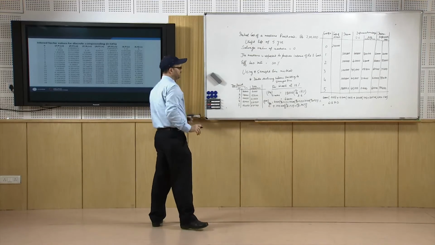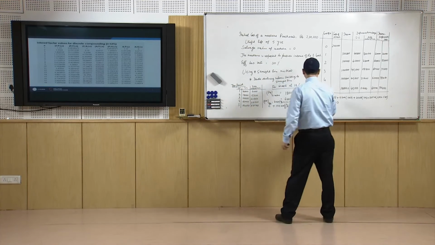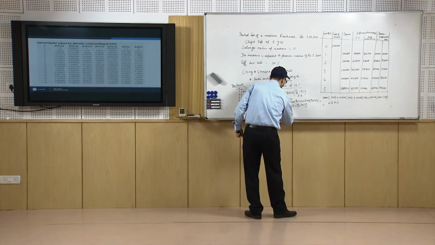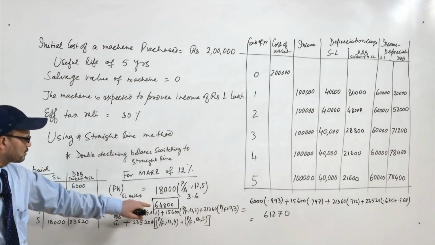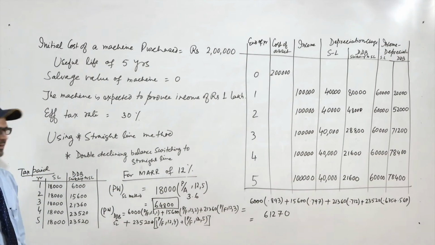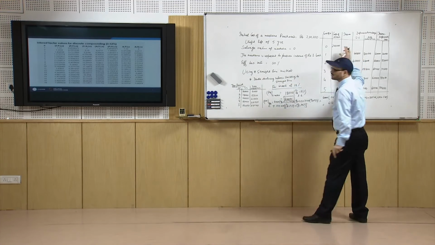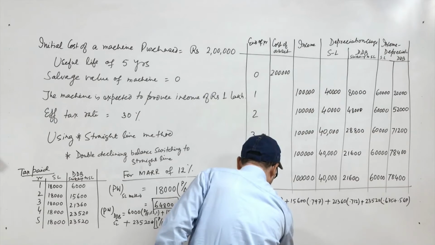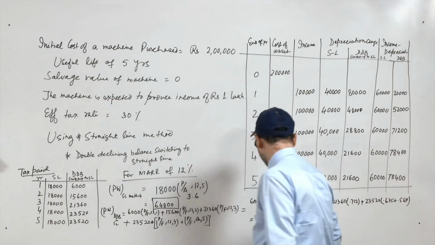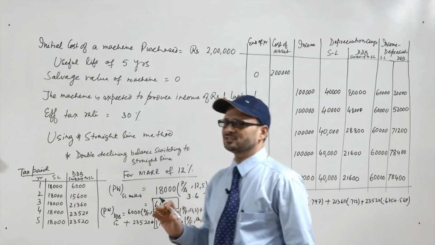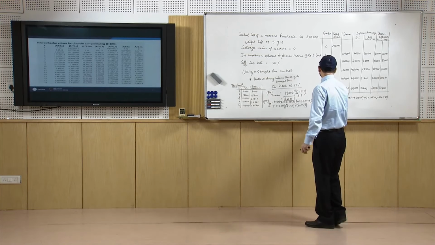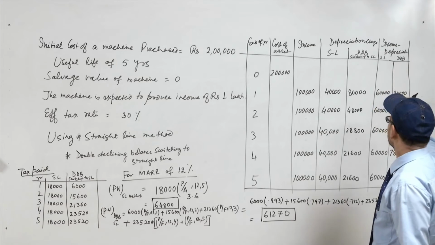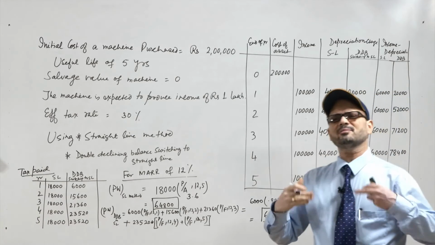Now, what we see here is that using the straight line method, we have paid the present worth value of money as 64,800, whereas if we use the accelerated method of depreciation, in that case we are paying 61,270. So, basically what we see is, why has this difference come? We are paying a smaller amount in the initial periods in case of accelerated methods of depreciation.